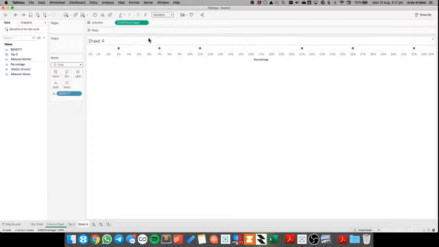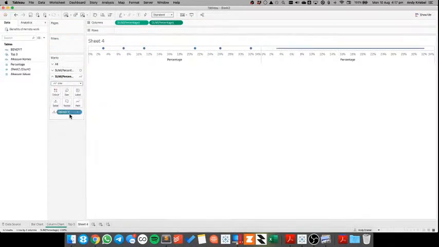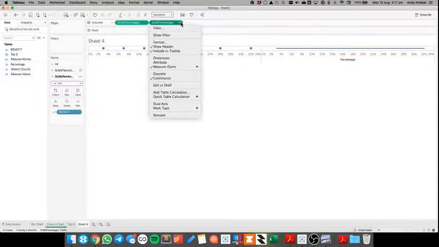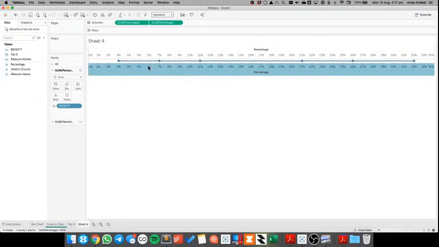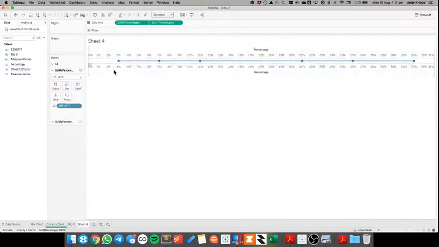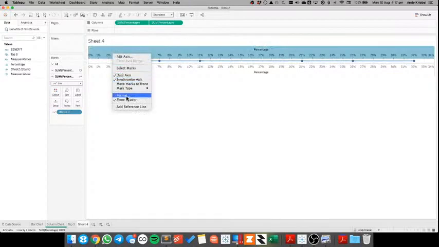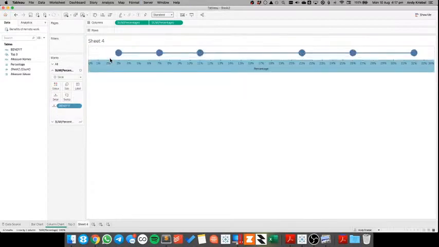But what might be useful, so I'm going to duplicate this field, and then on this second pill, I'm going to make it a line. And notice how it connects all of these. So I'm going to make that a dual axis now. And then synchronize. And then the line shelf, I'm going to move that to the back. Okay, so let me hide that axis. And if I make this a bit bigger,